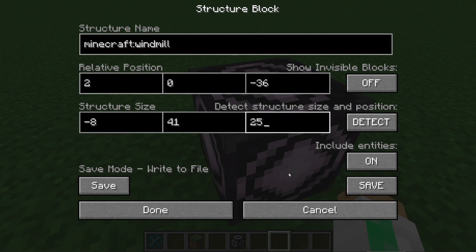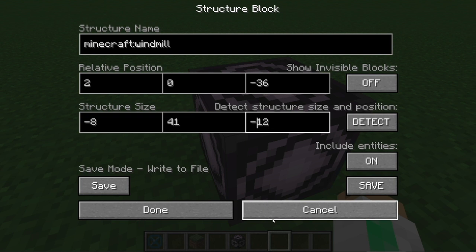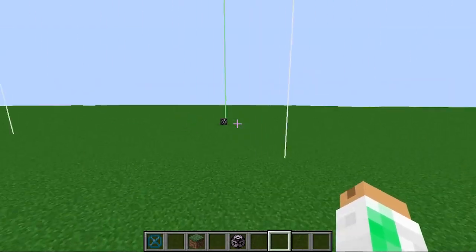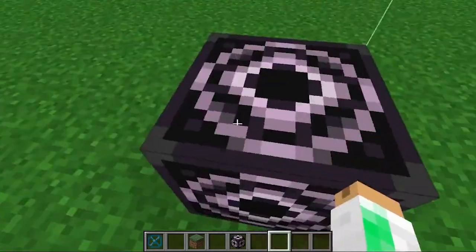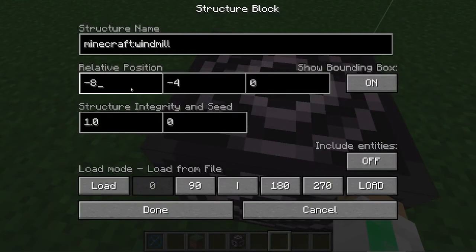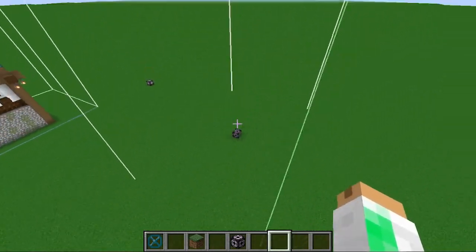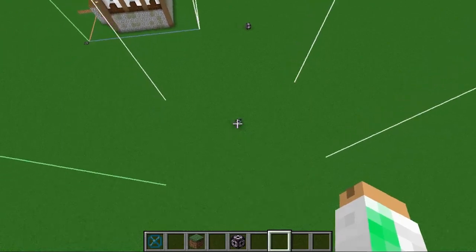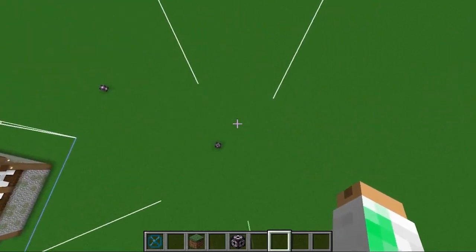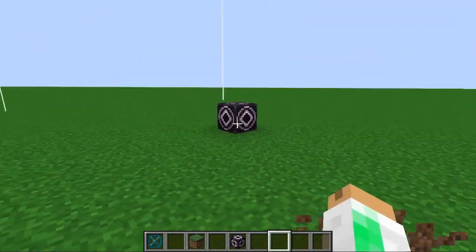And then this one's 25. Well, you can't really split 25 in this instance, but we could go 24 and split that, and that's 12. So then -12 would be that number. So the offset is going to be -8 and then -12. And if we hit done, you'll see it's now centered. It doesn't need to be absolutely perfect, but just good enough that